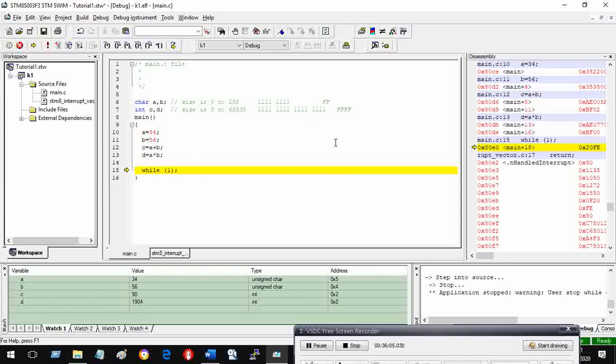So what you have seen so far is how to install and run the IDE, how to carry with it the compiler. The two things which you have downloaded have been put into practice, and you have seen how to create a project, how to create a workspace, how to write the programs.